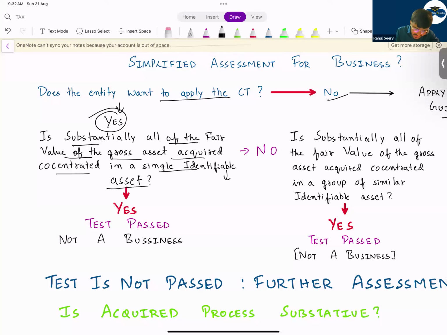Now, what does identifiable asset mean? Identifiable, we cover in IAS 38: that it can be separated from the business and can be sold, transferred or licensed, or it arises from a legal contract. Very important. We have seen a lot of times questions coming on whether it's an identifiable asset or not. We will do that also as a theory question.